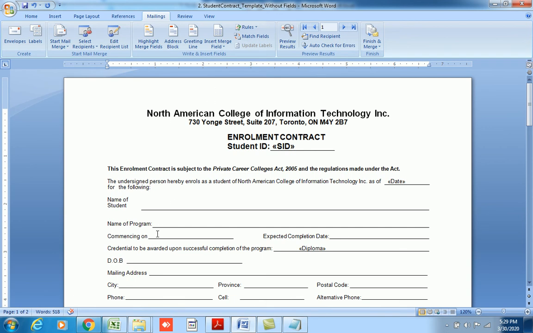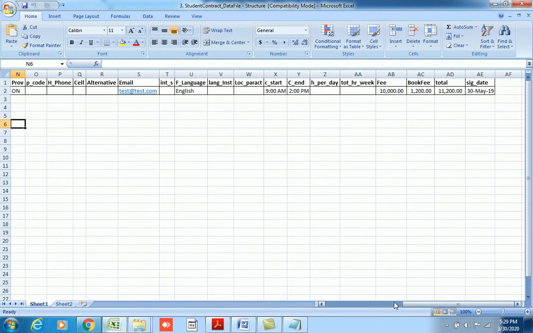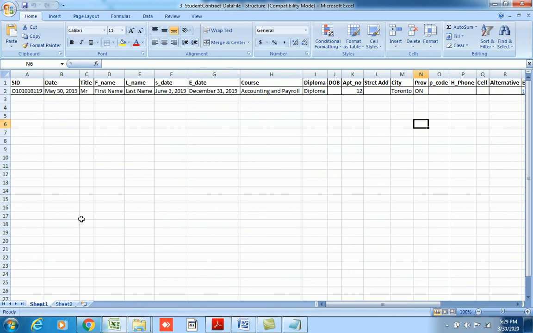Okay. Now here is a little bit of a trick: the name of the student. How do we want the name to appear? If you go back to the Excel file here, you will notice that the name of the student is split into three different fields: title, first name, and last name, right?